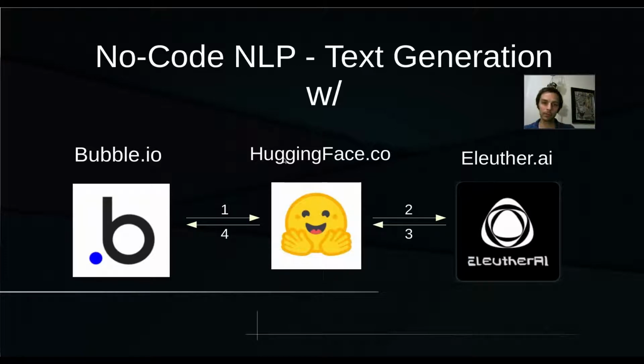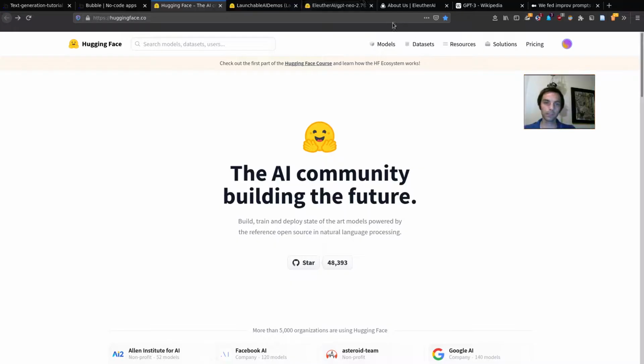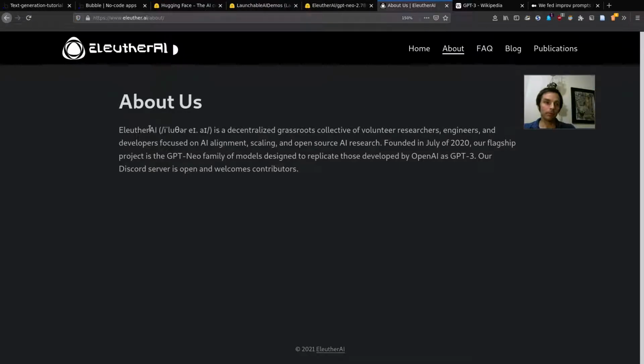Yeah, so if you're in NLP, check these guys out. These folks do some great work. And then Eleuther.ai, come back here. They bill themselves as a decentralized grassroots collective of volunteer researchers, engineers, and developers focused on AI, alignment, scaling, and open source AI research. So these folks are also doing some great work in natural language processing research, and the